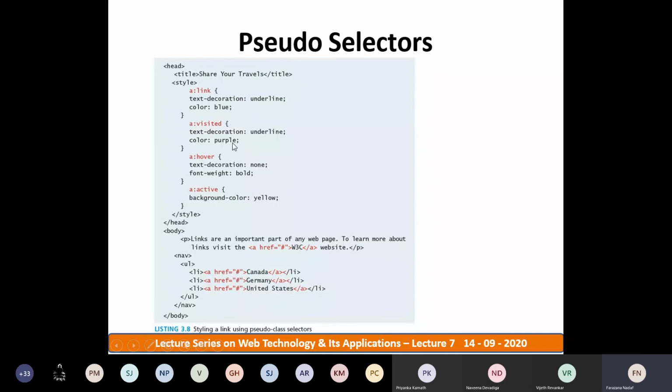Just look at the document, how these selectors are applied. In the paragraph, there is an anchor tag with href hash. This hash indicates one of the pseudo selector forms, right? So here there are 4 pseudo selector forms, and the first one indicates the first pseudo selector style sheet. Then the second one indicates the next pseudo selector, the third one indicates the third, then the fourth. If you have missed the fourth one, then only the first 3 will be applied for the web pages.